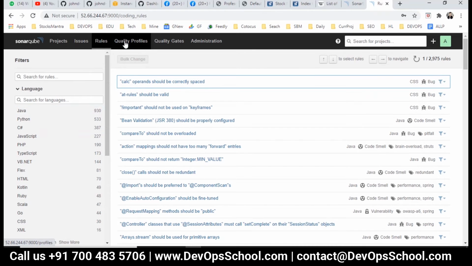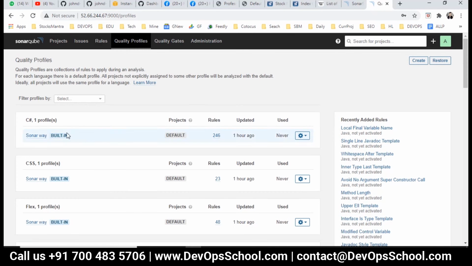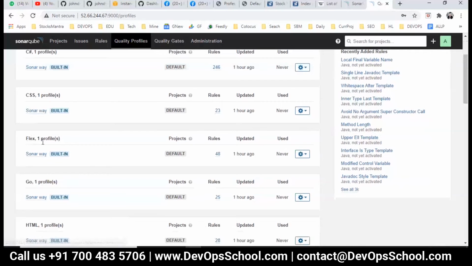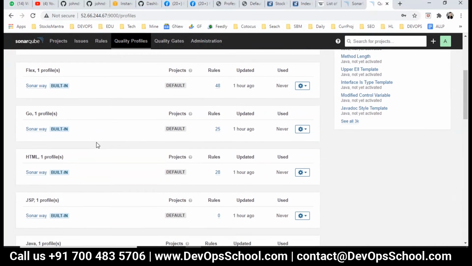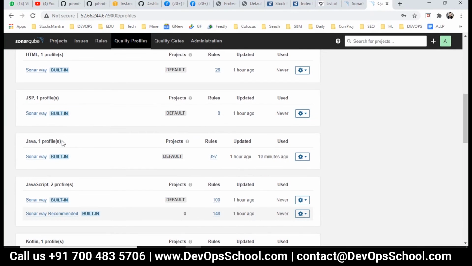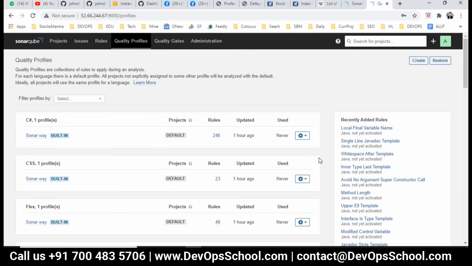So we will use a quality profile, guys. Any number of quality profiles you can create. One quality profile SonarQube has created for you, and you cannot get rid of it. You cannot delete it. So can I create one in the Java category? Because I have source code which is based on Java, can I create the profile? Yes, I can create. I have access.